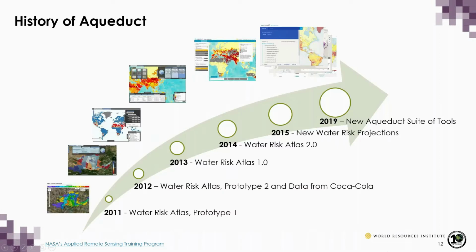But before I show you the new tools, I want to revisit our roots. The current Aqueduct tool is over 8 years in the making. In 2011, WRI launched the Aqueduct Alliance, our coalition of companies working on water stewardship, along with the first tool prototype to measure and map water risks. In the years to come, we've updated the tool in a few ways, including releasing the first ever global country rankings of water stress and adding projections of future water stress. We also created something called the Aqueduct Flood Risk Analyzer. Now, in 2019's Aqueduct, we've updated the hydrologic model, improved our indicators, and expanded our suite of tools.